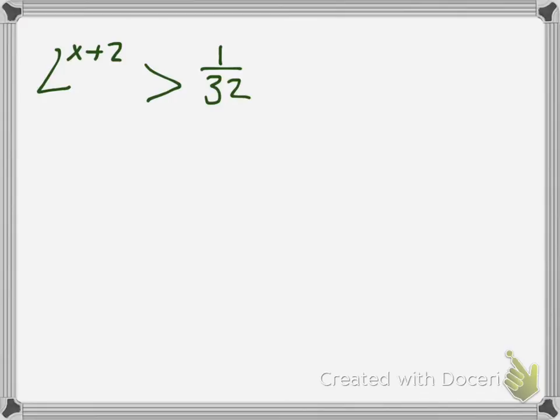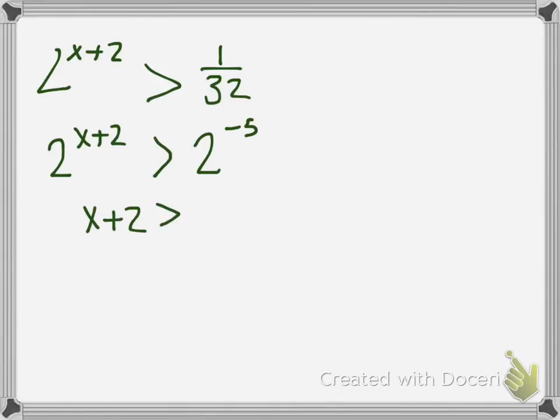Alright, here we go. So 1 over 32 is 2 to the negative 5 power. So notice, again, the fraction became a negative, is expressed through negative exponents. Okay, so now the bases are the same, so I can say x plus 2 is greater than negative 5, and so x is greater than negative 7. Easy peasy,